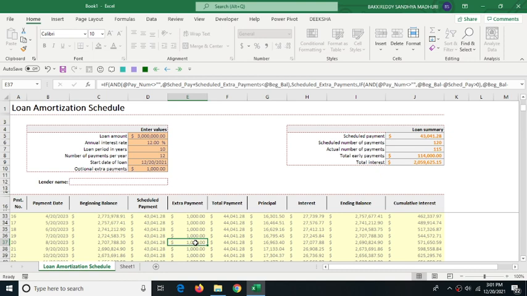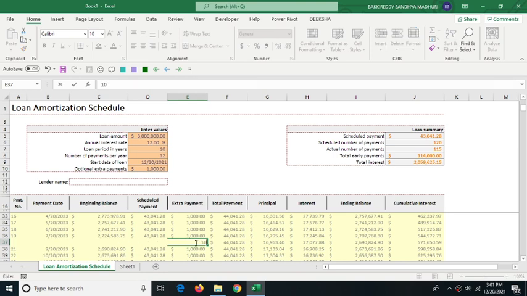Suppose at the 20th EMI, I am going to add an extra 1 lakh to my loan repayment, that is 1,01,000. That means only at this particular EMI I am going to pay an extra 1 lakh, or whatever amount you can add. But this is only for that particular EMI, not for all the EMIs. By entering this extra 1 lakh from this EMI, the remaining values change. Automatically, the loan summary details also change.